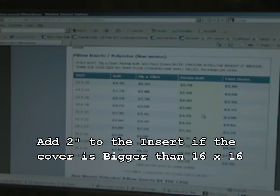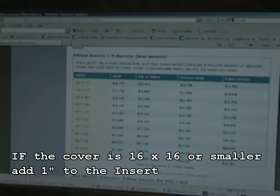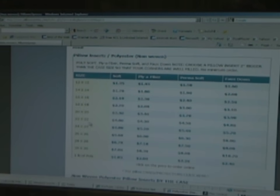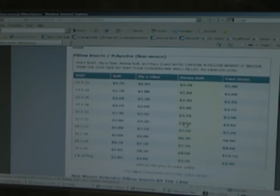Let's assume I wanted a pillow insert for a 20 by 20 pillow cover. I'm going to pick a 22 by 22. Remember, you have to add 2 inches to your pillow insert in general to fill out your cover, unless the pillow is 16 inches or smaller, then you can just add 1 inch to it. Okay, a 20 by 20 pillow cover, you would pick a 22 by 22. You want something that keeps its shape, that is relatively firm. You pick the permasoft,